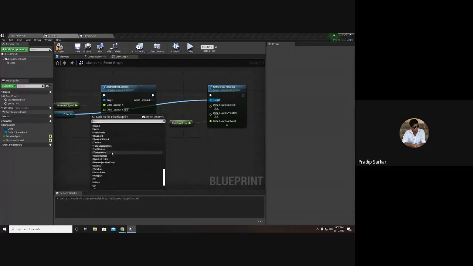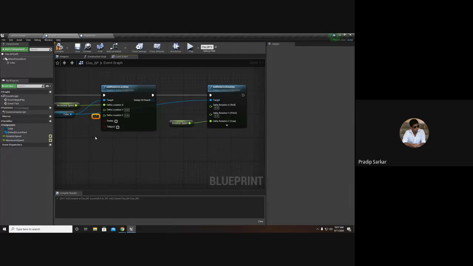In the bottom of the search option, we have an add reroute node. So I can create a reroute node and drag it to the desired target.